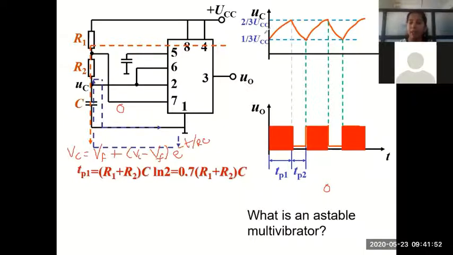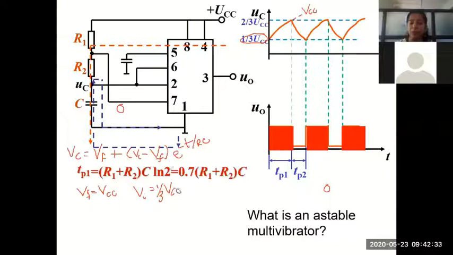When we substitute the values in this expression for the charging cycle, the initial voltage with which the capacitor starts is 1/3 VCC. So Vi will be 1/3 VCC, whereas the final voltage it will reach, if allowed, is VCC. Please remember, I should consider the final voltage which it can reach. If at all it is allowed, it can go up to VCC. So in this first condition, you substitute Vf as VCC and Vi as 1/3 VCC.